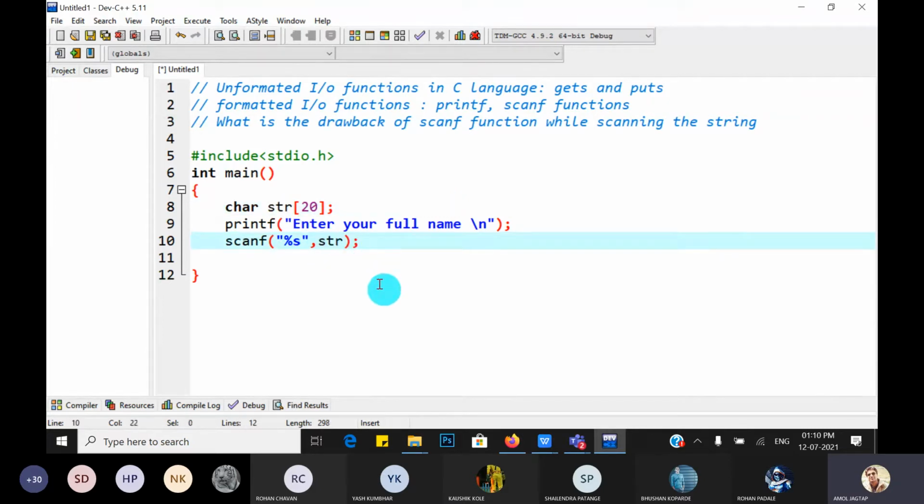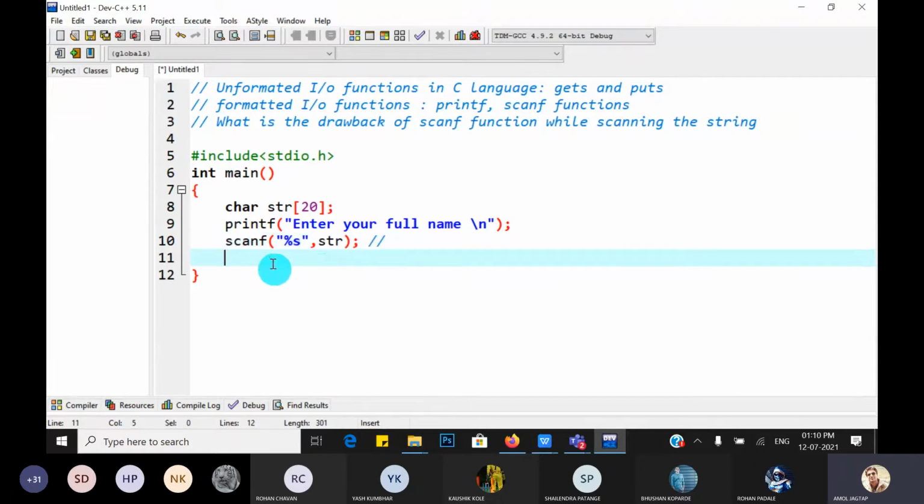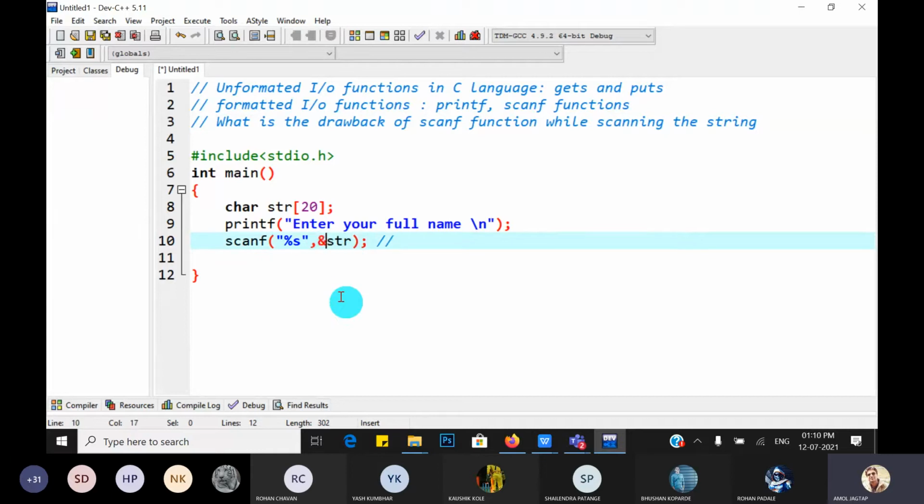Whenever we scan integer, float, any numeric type of value, ampersand is a must. But when you scan the string, no need to write the ampersand. If you want to use ampersand, then there is another way: ampersand str of 0. You have to write it.